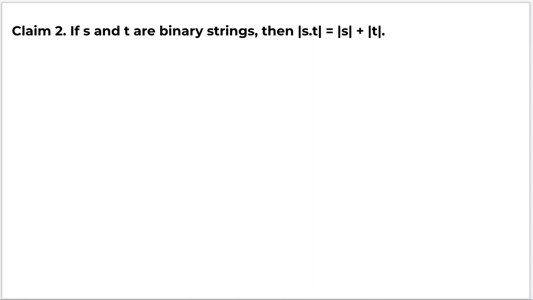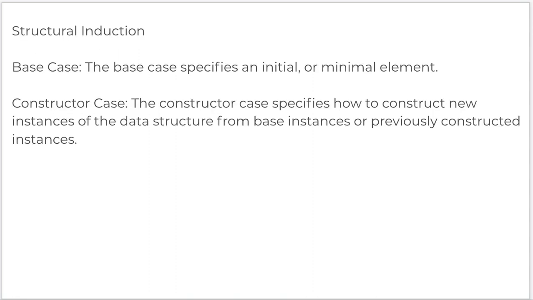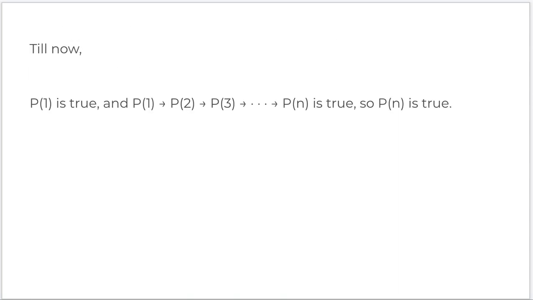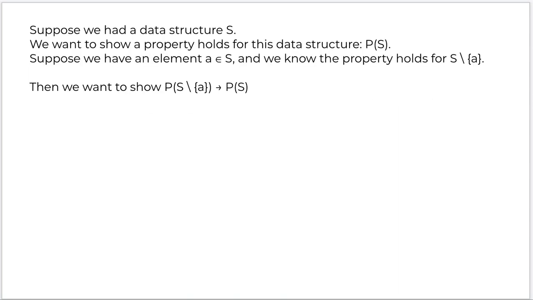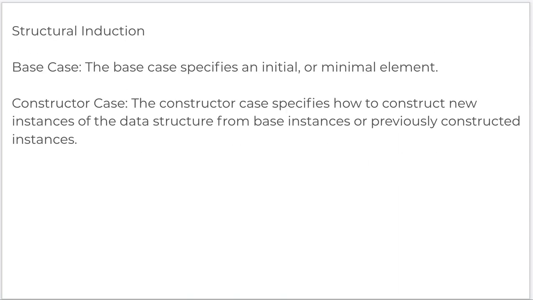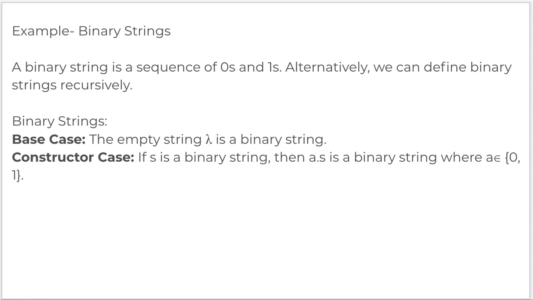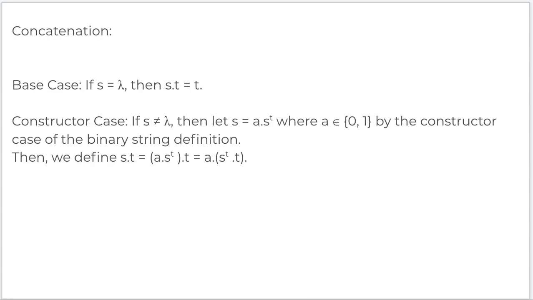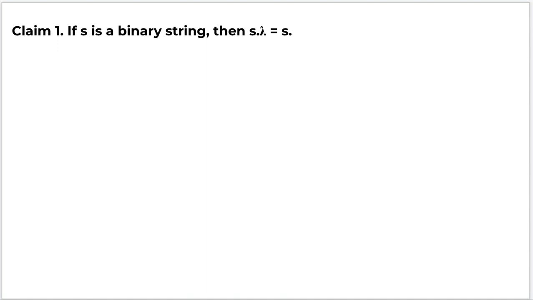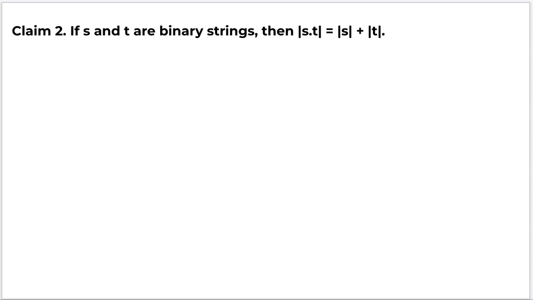I'll just go over it again. We started by defining what structural induction looks like. We went from the bottom-up approach to the top-down approach, and we defined what structural induction is. And we did an example on binary strings, where we started by defining what a binary string is, the length, and the concatenation functions. And I tried to show you one of the functions, that is the concatenation value, by structural induction. And I'm leaving showing the length property of the same binary strings to you,